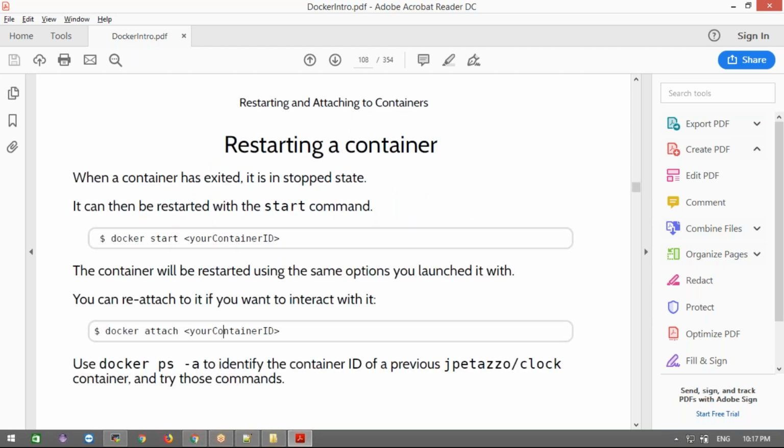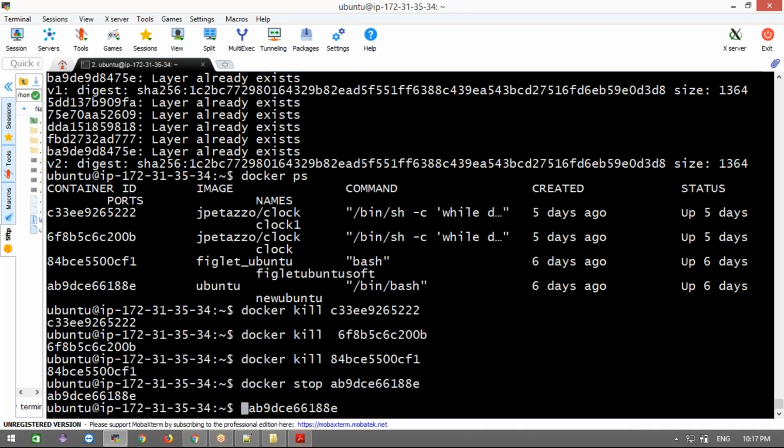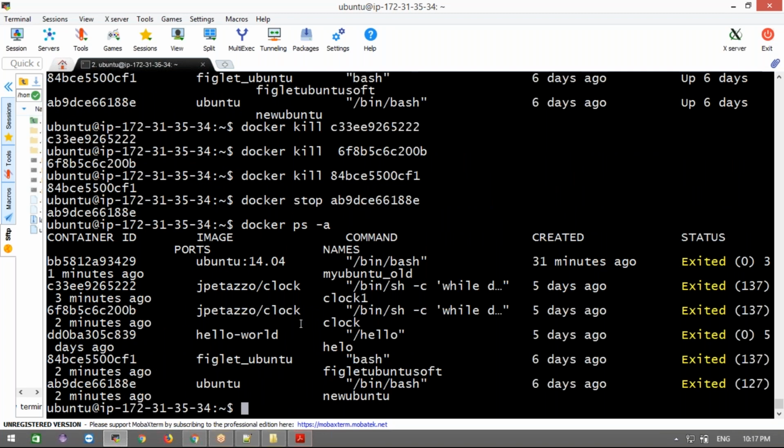Okay, if you already have a container, let me show you. Docker ps -a. For example, this container. You want to start it again.